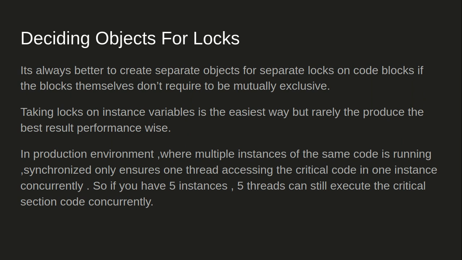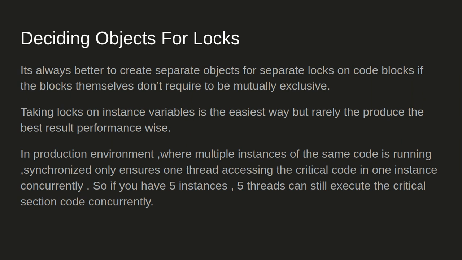So if you want to ensure that a single part of code runs from only one instance out of all of the instances, and from that instance only one thread can run it, you should make sure that synchronized is used, and also a lock is taken, and the variable of the lock should be kept in some centralized repo. That is, you can take the lock using some centralized database where all the 5 instances can check whether that lock is present to take or whether it is currently locked.